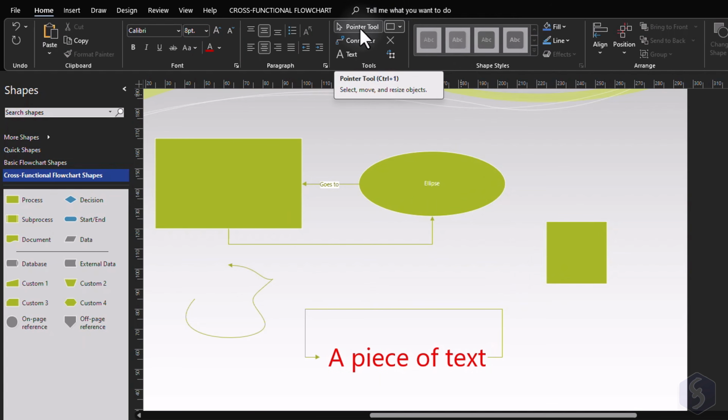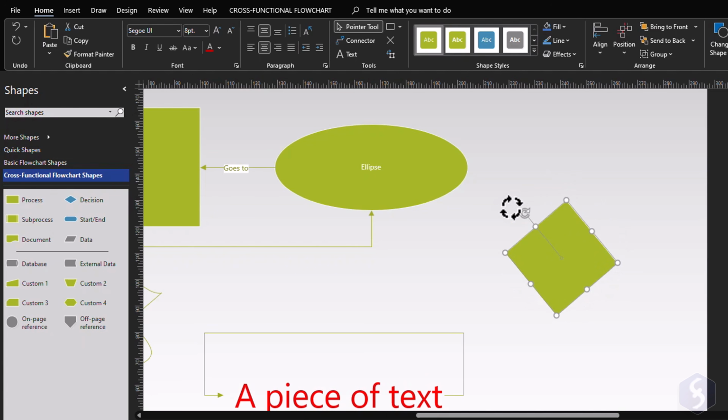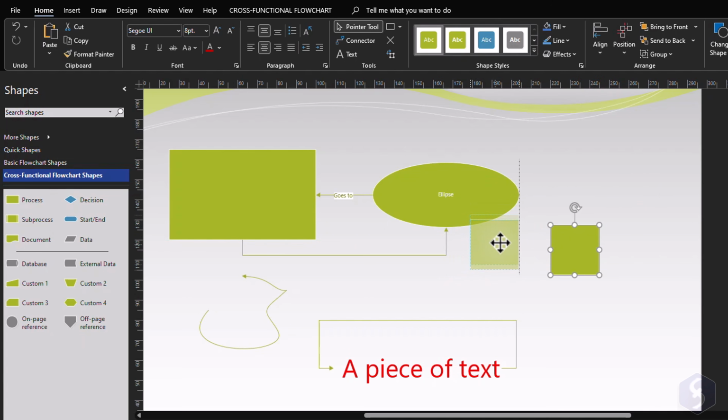Enable the Pointer tool to manage shapes and connectors. Click on any object to select it and use its nodes to rotate and scale. Click and drag to move it, getting useful guidelines and spacings, as well as snappings you can avoid with the Alt key down. You can also move horizontally and vertically with the Shift key.